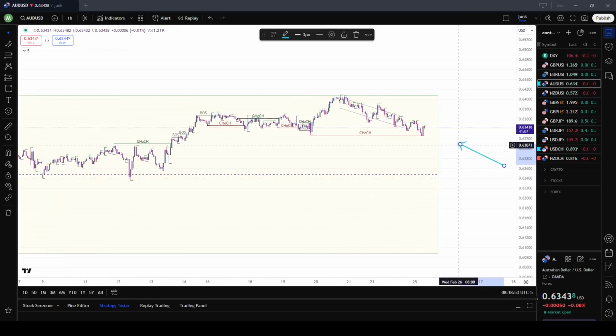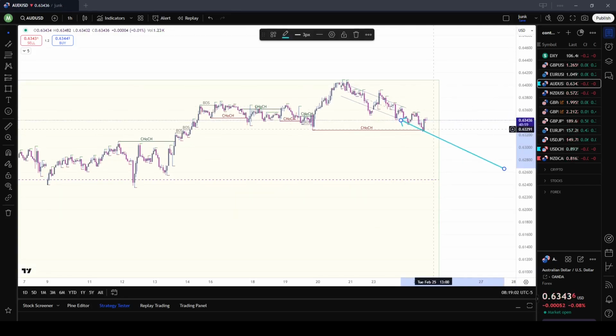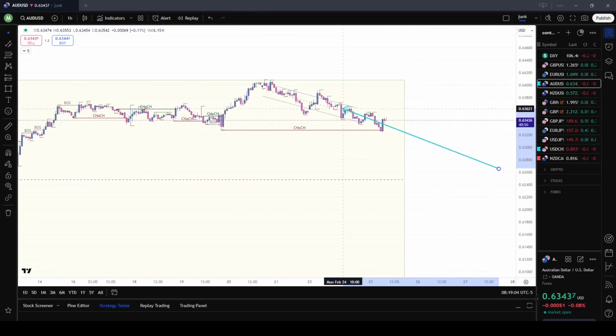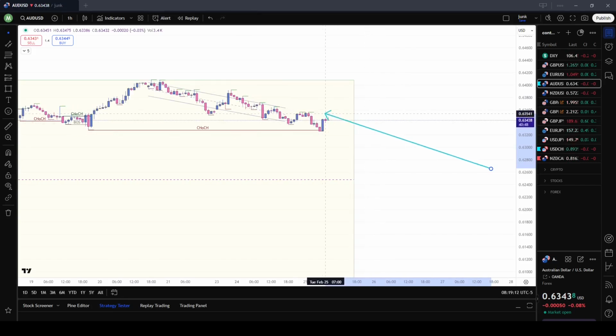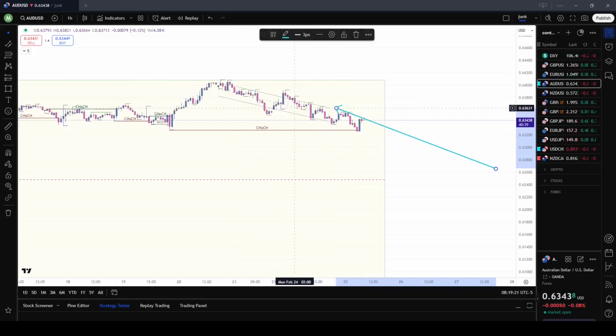You can see on the hour chart, it did go ahead and change character, making this bullish, making lower lows, lower highs, lower lows, lower lows, lower highs, lower lows, lower highs, lower lows, lower highs in the early morning this morning. Looks like a bullish push, may be significant, but I wouldn't be looking for any buys, like I said, until it breaks out past these highs and forms a new change of character structure to take out these highs,